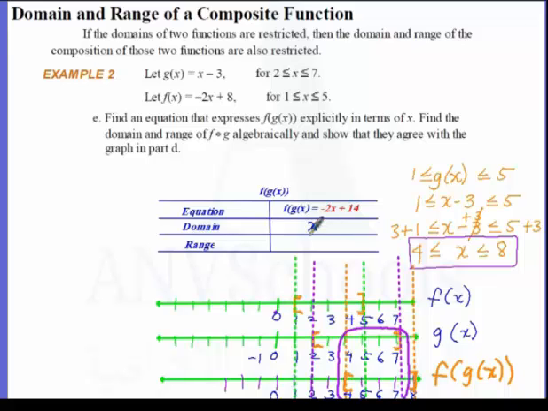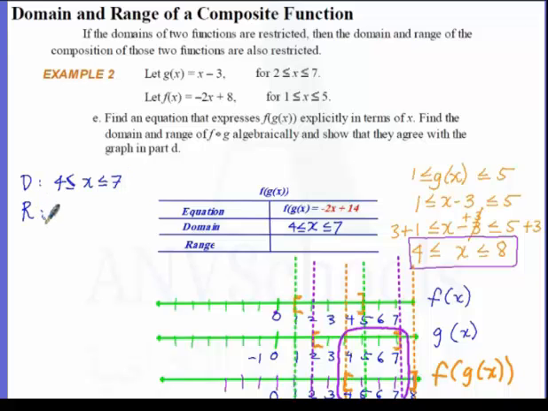Okay, so x in between and including 4 and 7. Now, how do we find the range? If our new domain now is in between 4 and 7, then our range would be,